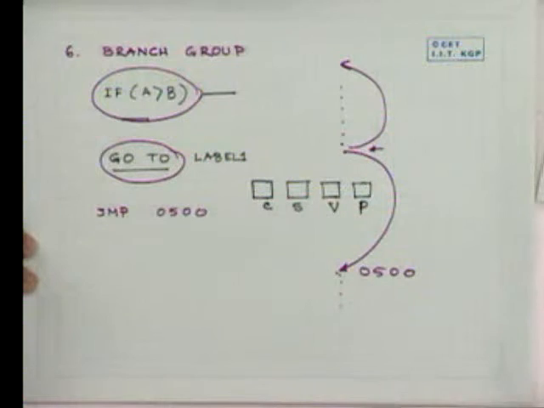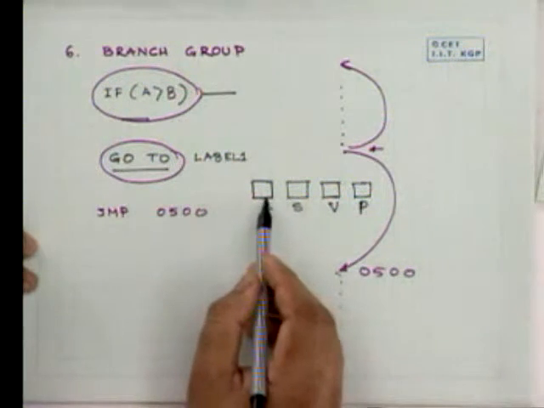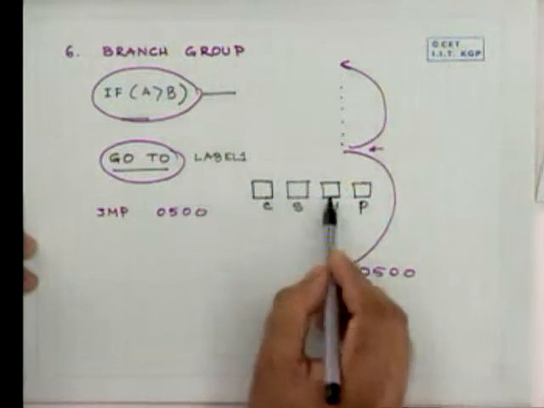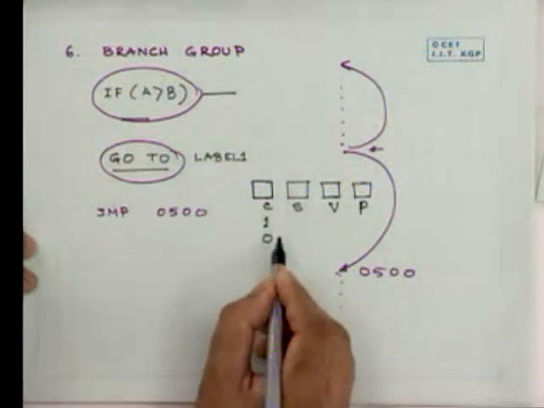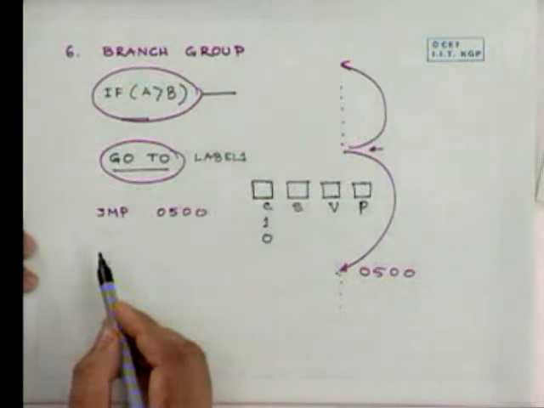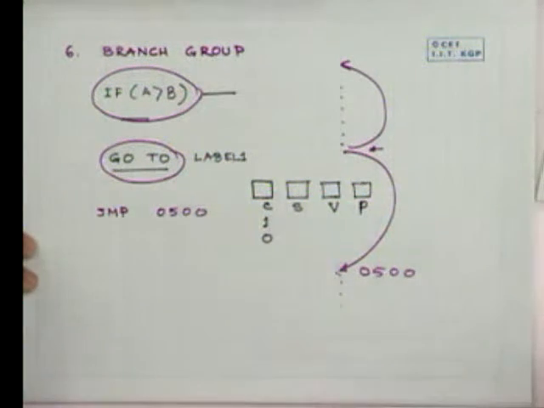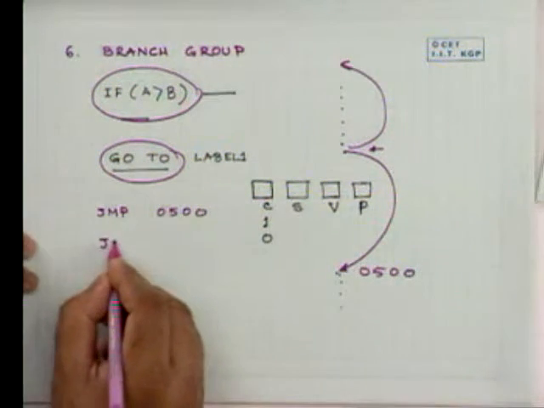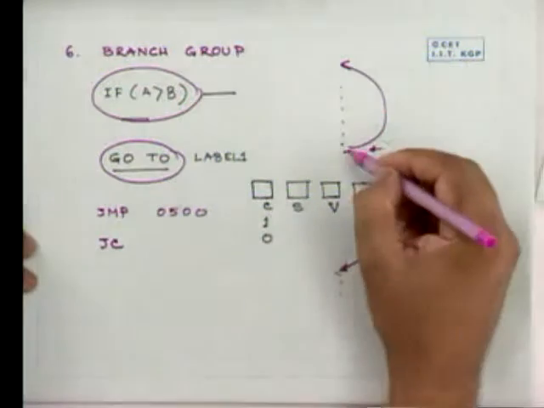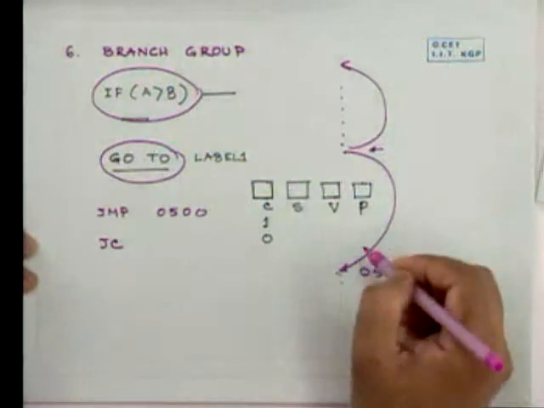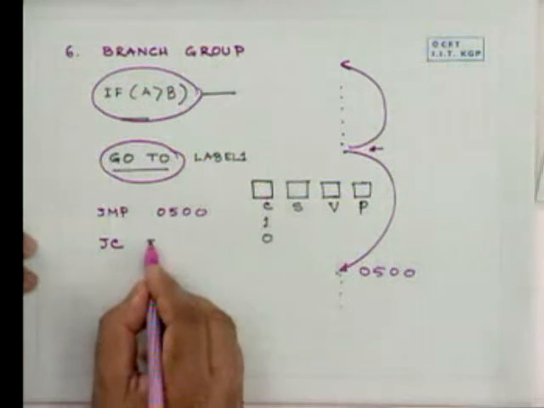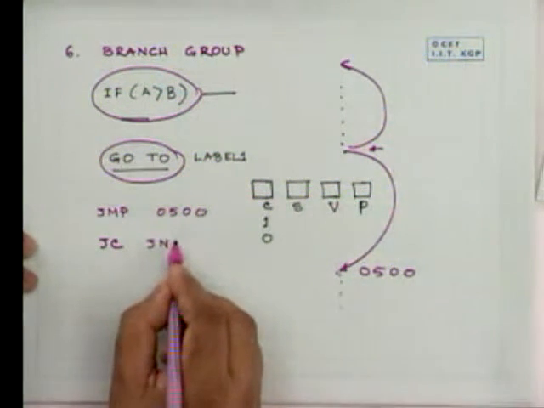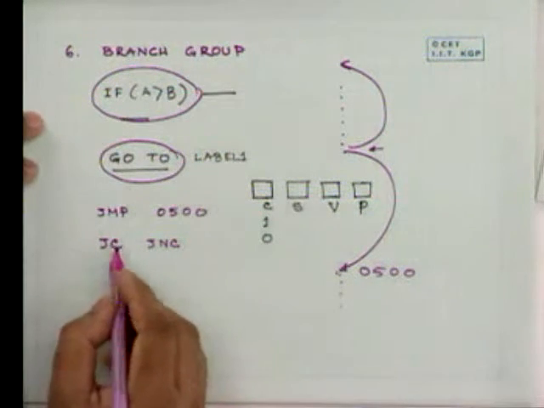Now, depending upon the status of these flags, which can be either 1 or 0, the jump can take place. For example, we can have an instruction jump on carry, which means I will jump provided the carry bit is 1. Similarly, we can say jump on no carry. These we call the conditional branch